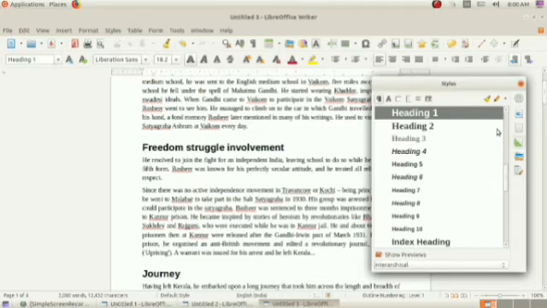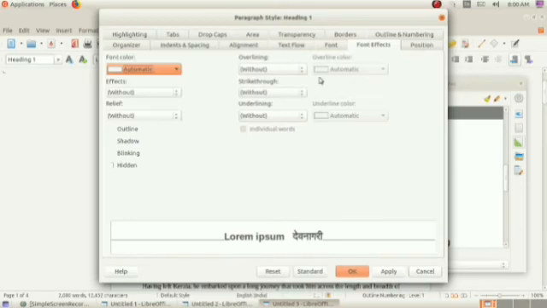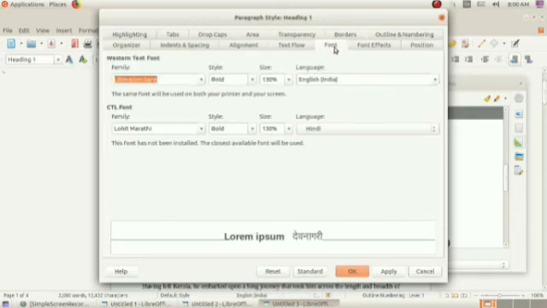When we select the modify option, the style window will appear here, and from here you can make the needed changes. Here Liberation Sans is the font style. If you want to change it, you can modify that.